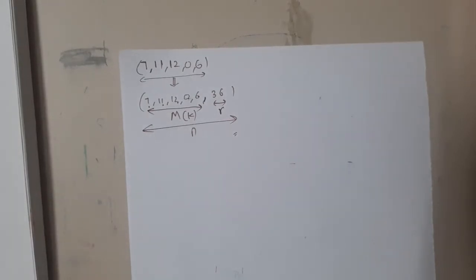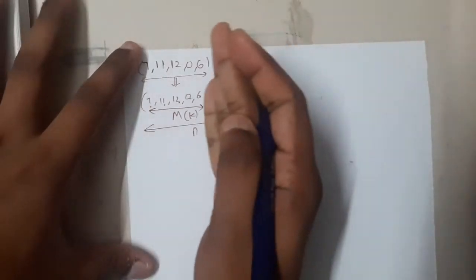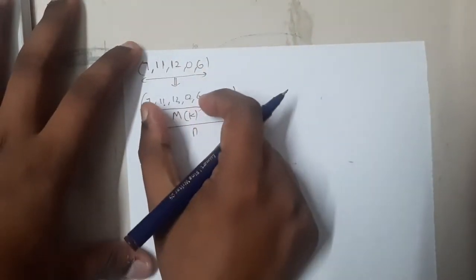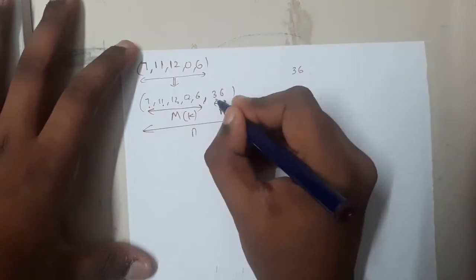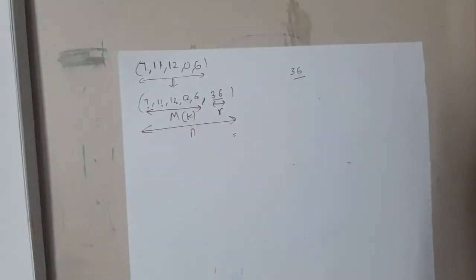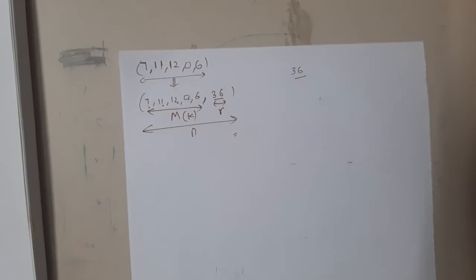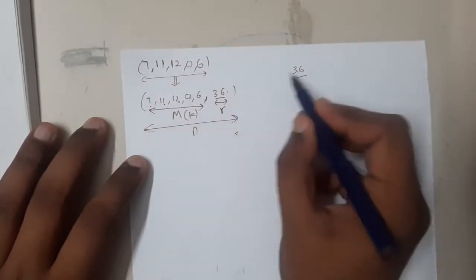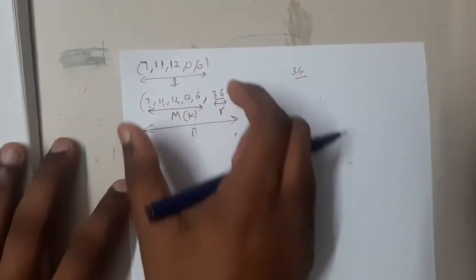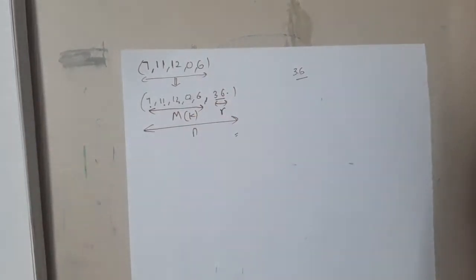If I send this exact message, will there be any advantage on the receiver side? Once he receives it, he will separate this part, add these numbers, find the result as 36, and compare this 36 with this 36. Isn't this process a bit lengthy? I need an adder, and I need a comparator too. So I need two steps: first add them, then compare. Can I reduce it?